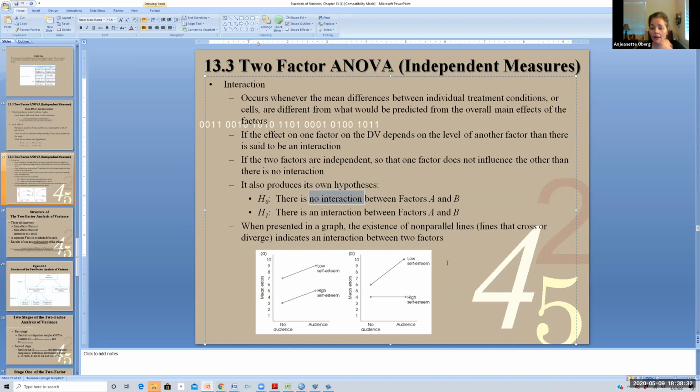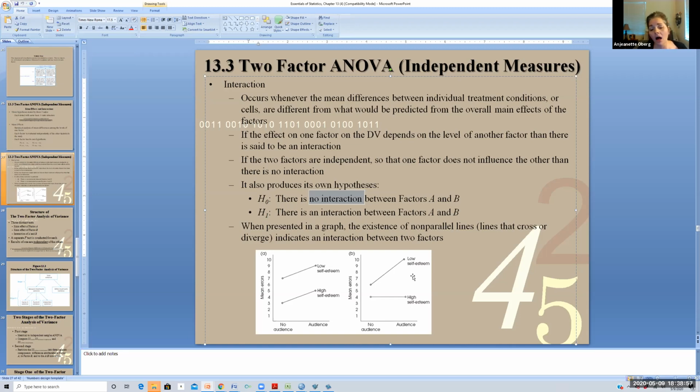So this actually might be showing a significant interaction where we're looking at lines that could potentially cross or diverge from one another, indicating that it does seem that the effect of audience depends on the type of self-esteem,